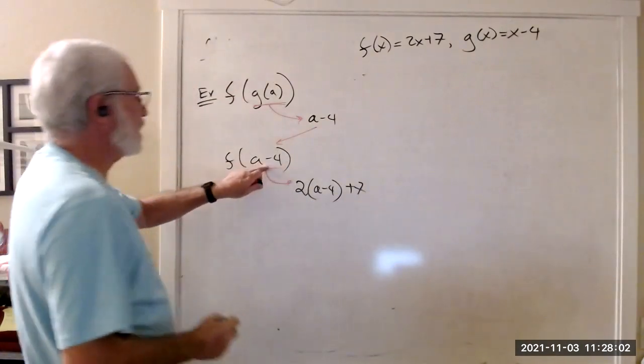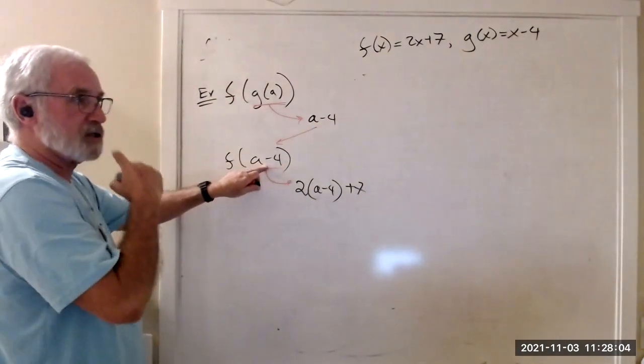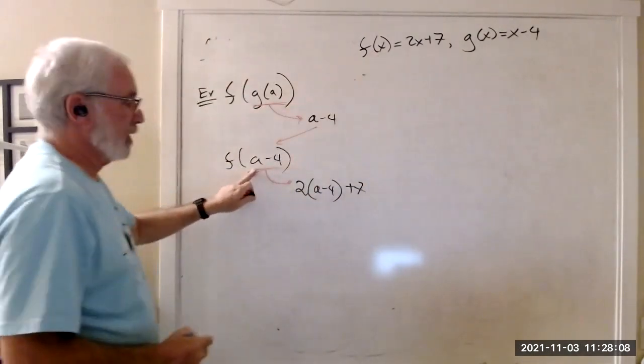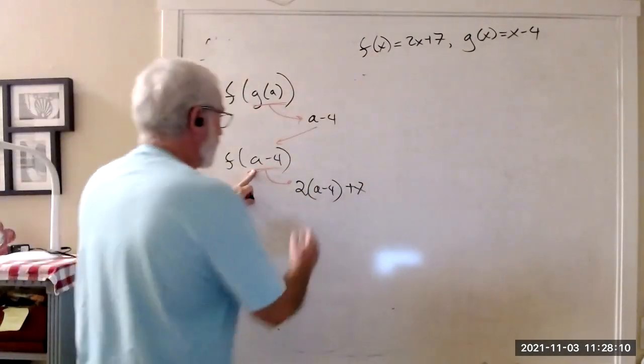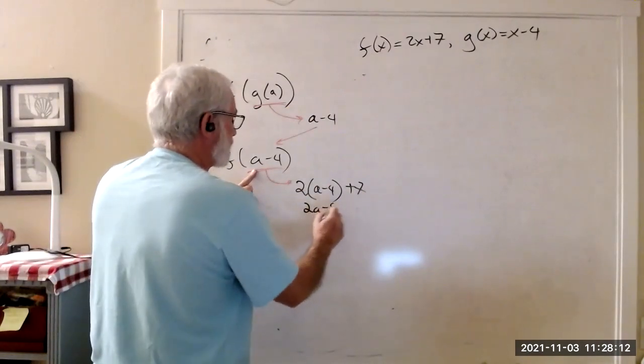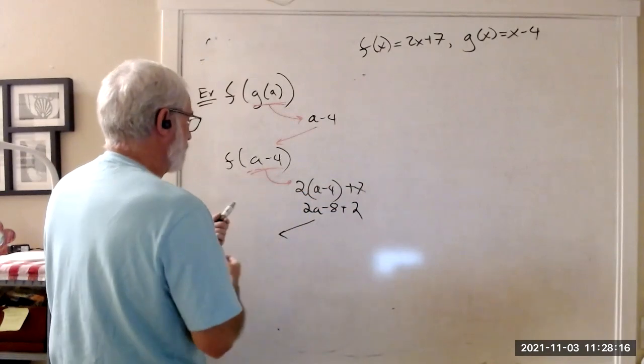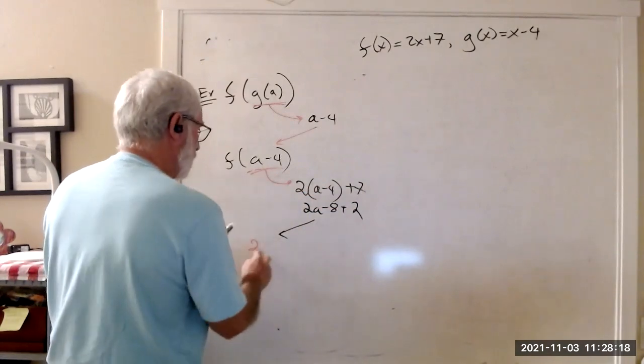I'm plugging this in place of the X. So clean it up. 2A minus 8 plus 7. Final answer, it becomes